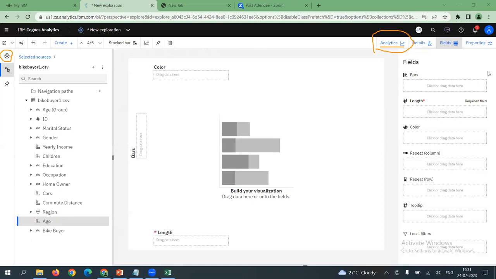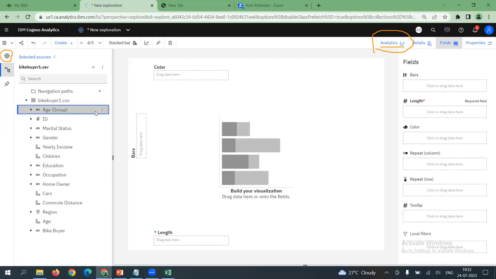Instead of putting each individual age, can I now show my age groups on the visualization? What do you say, participants, everybody? Rather than showing each individual age of the respondent, I am simply minimizing my graph complexity by dropping the age visibility, correct? So that each individual will fit into a class interval. And then I'll take a count of bike buyer. That is how the visual framework has to be coined.